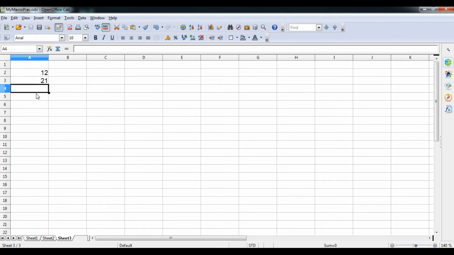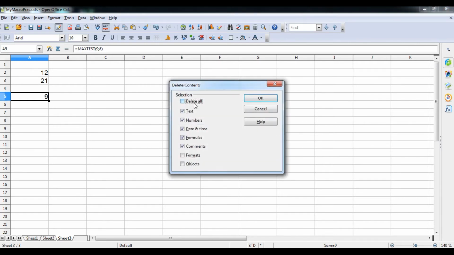Now if I'm going to pass a value here, suppose here is equals to, I think the function name is MaxTest, 9, 8, so it will return me 9.